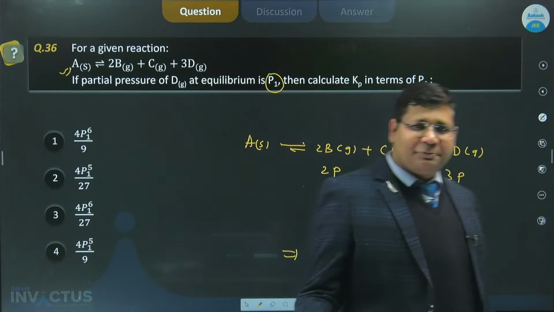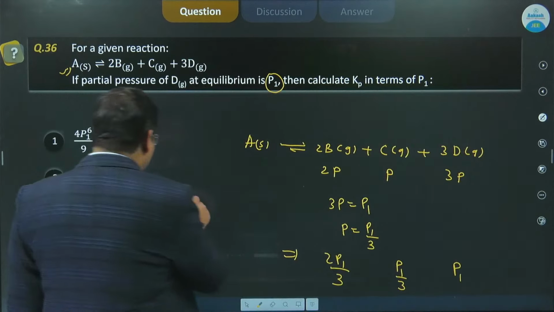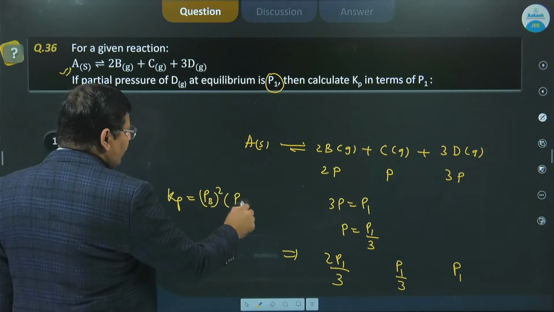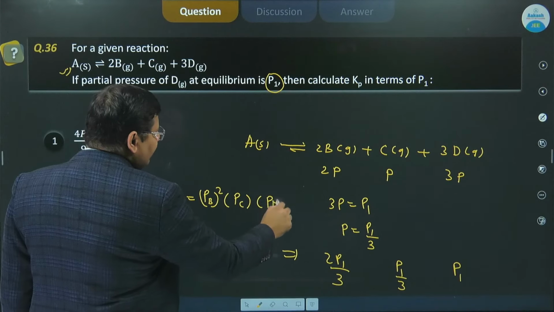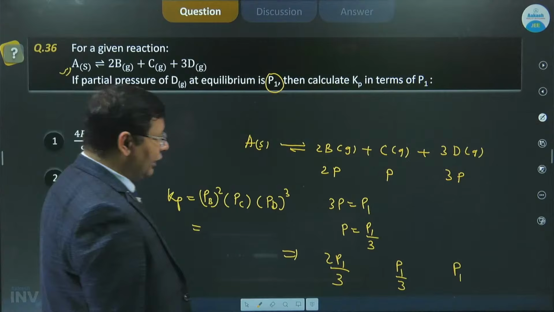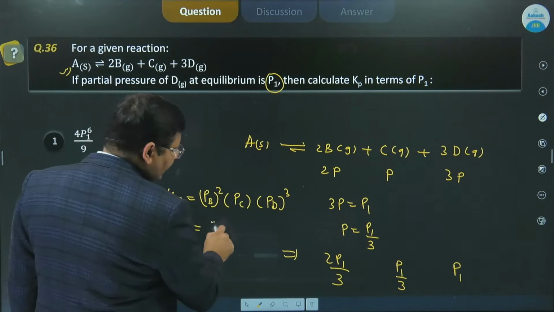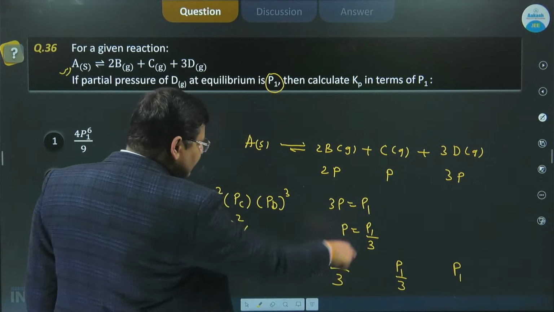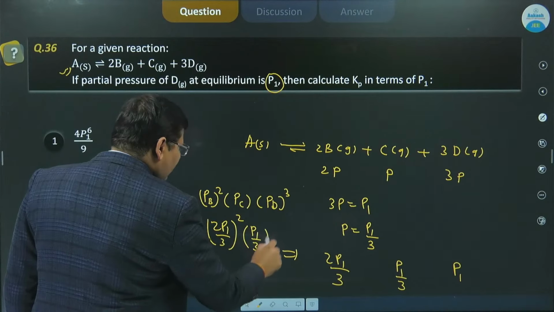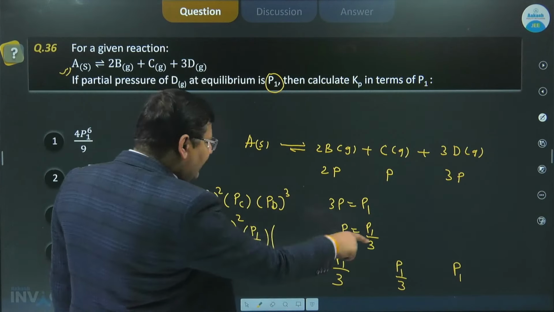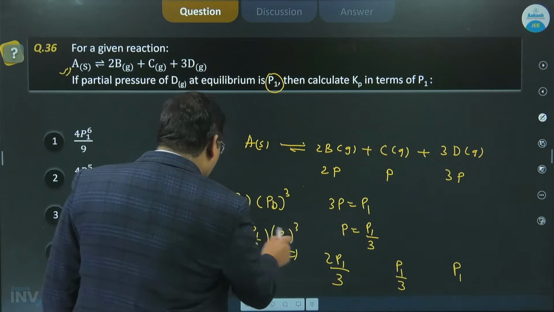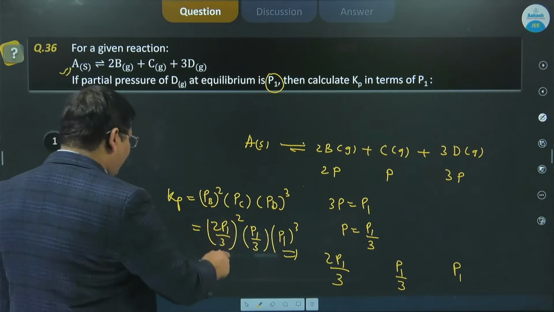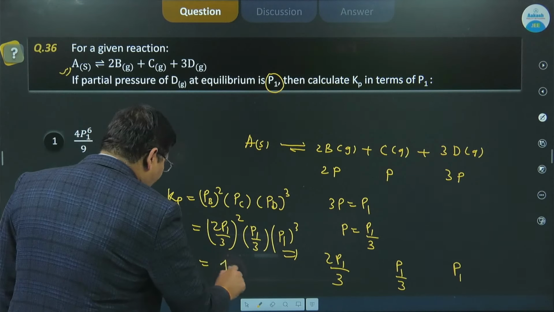तो नाउ अब Kp का एक्सप्रेशन सबको पता है और पार्शियल प्रेशर सबको पता है, तो आई थिंक Kp इज इक्वल टू पार्शियल प्रेशर ऑफ B का स्क्वायर, हम इसको कर देंगे, इनटू पार्शियल प्रेशर ऑफ C और इनटू पार्शियल प्रेशर ऑफ D का होल क्यूब। तो अगर आप इस पूरी वैल्यू को पुट कर दो, देख लो यहाँ पे, तो अगर आपने 2P1/3 का होल स्क्वायर अगर आपने यहाँ पे कर दिया, एंड दिस यू विल पुट PC दैट इज P1/3। ठीक है बच्चों, और इफ यू आर पुटिंग PD की वैल्यू यहाँ पे रख दो दैट इज P1, तो P1 का होल क्यूब। तो देखो पावर से भी मैच कर सकते हो, 6 पावर तो आ ही जाएगा आपका, तो 6 पावर आके 2 दैट इज 4 और ये 3, ये 27 हो जाएगा।